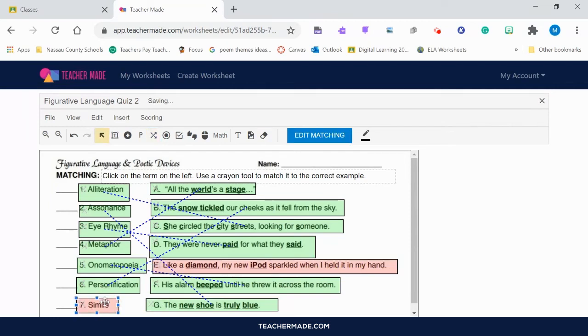So we go click, shift, and click. Now I have matched all of my terms on the left with my examples on the right. My worksheet is virtually done, but there's one last tidbit I want to show you before I show you the